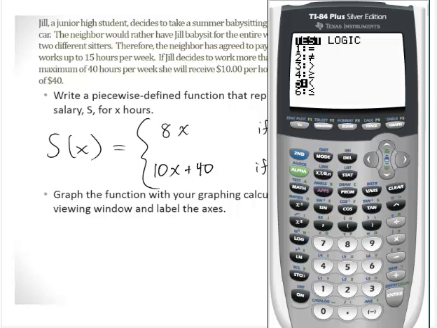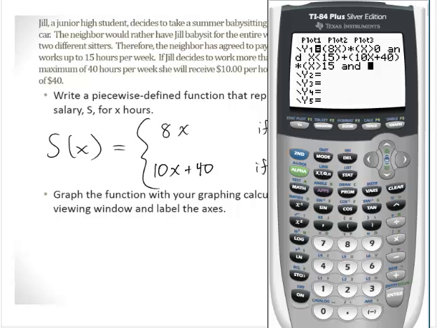I'm going to close that off. So now that's going to give me the first part. Now what I'm going to do is now add on to it the second part. Plus, in parentheses, 10x plus 40. Close that off. Multiply that by x is greater than 15